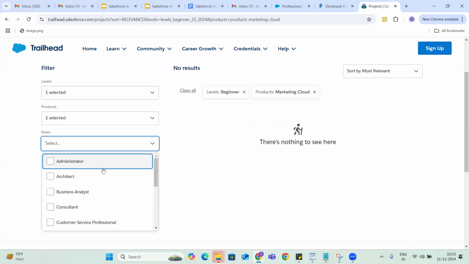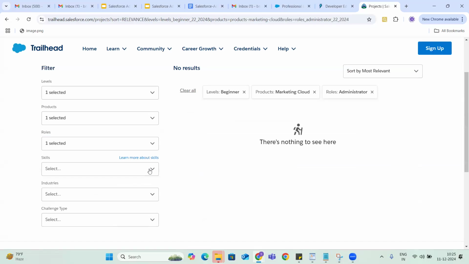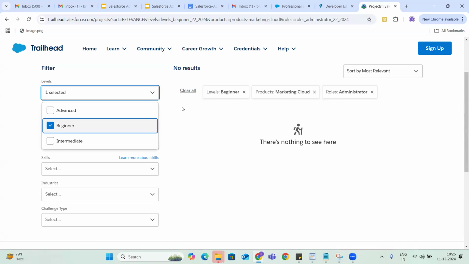Then, for Marketing Cloud, you can learn as an administrator, or you can look at projects required for architect level or consultant level. I'm an administrator. It is saying there's nothing to see here. For Marketing Cloud, they don't have anything.